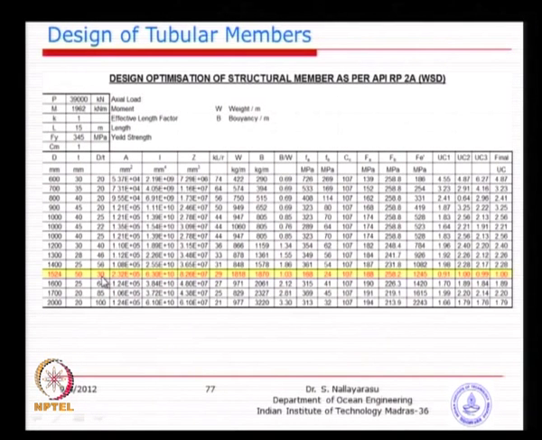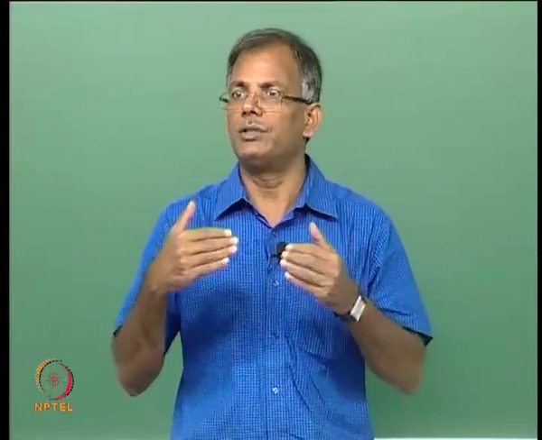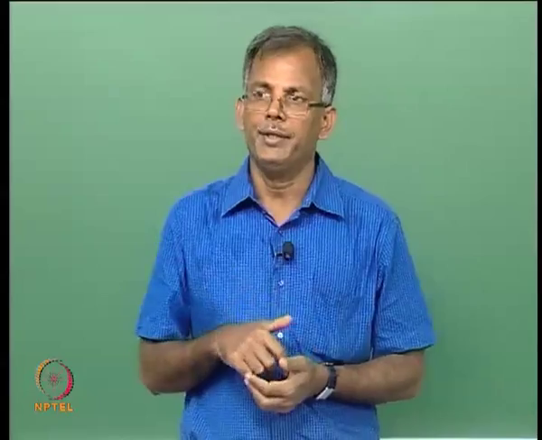Remember, D by T ratio is a concern whenever you design a primary structure, you cannot have a larger D by T ratio, because you do not want buckling to govern the design. So, keeping those things in mind, look at the weight and buoyancy, and at the same time calculate all the stresses in the line, and finally conclude whether the unity check ratio is less than 1. You have multiple targets to satisfy. That is why we sometimes say design optimization cannot be a single parameter optimization. You may have multiple goals, but then you cannot find a single answer that satisfies all of them. You may have different answers depending on which parameter is primary and which is secondary.